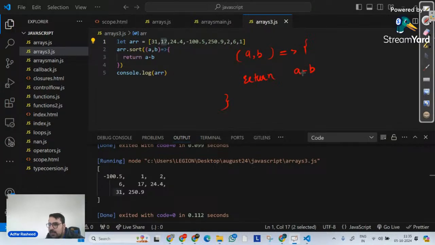And when we say return a minus b, let's take an example. a equals 31, b equals 17. So a minus b, 31 minus 17, what is the output? 14. In a similar case, maybe I write -100.5 as a, and then 250 as b. So -100.5 minus 250 is equal to -350.5, right?